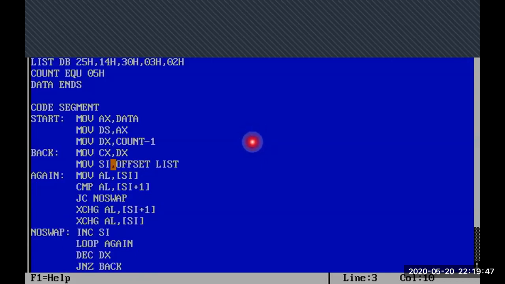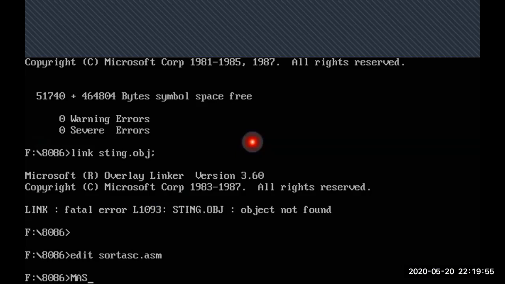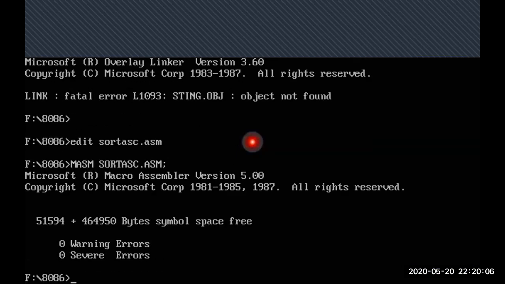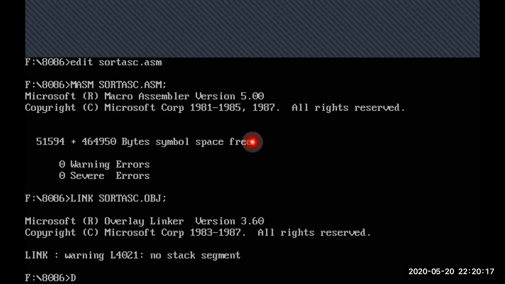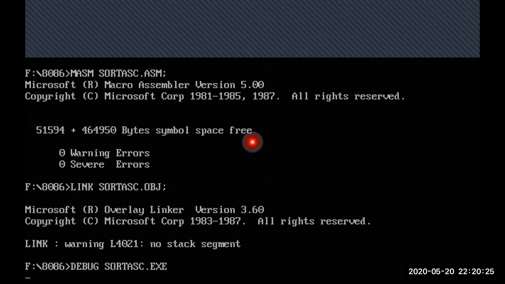So this program I'm executing. Alt F X to exit. Then masm sort ASC dot ASM semicolon, link sort ASC dot OBJ semicolon, debug sort ASC dot exe, enter.